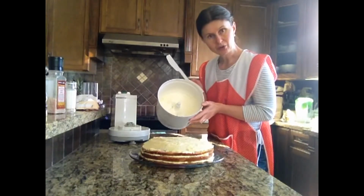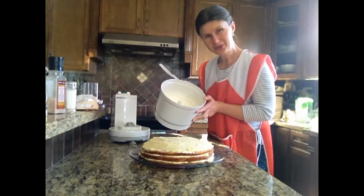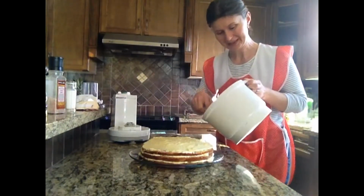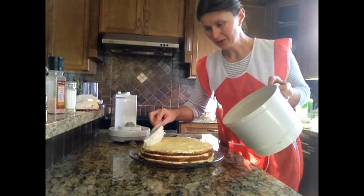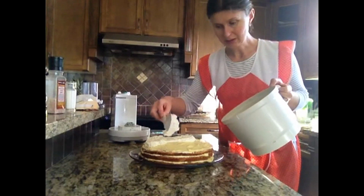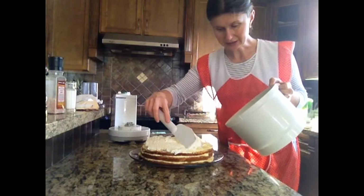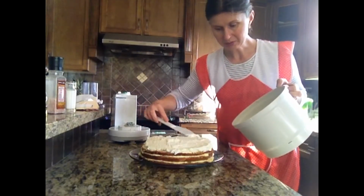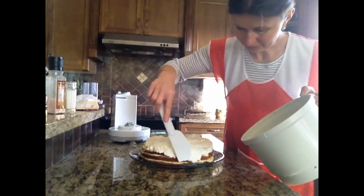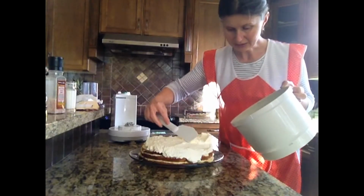But remember, you always have to watch out, because if you go over time, you will end up having butter, sweet butter, but still very yummy. But not for cake. We need whipped cream. I apply whipped cream evenly to the whole cake, top and the sides, because it will be my birthday cake. And after that, I will decorate it with